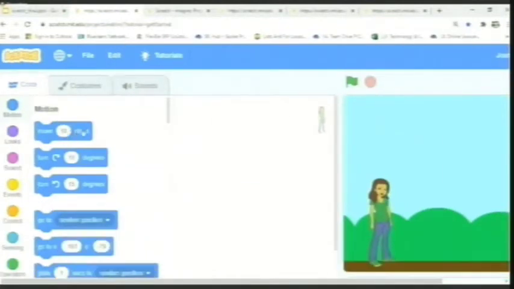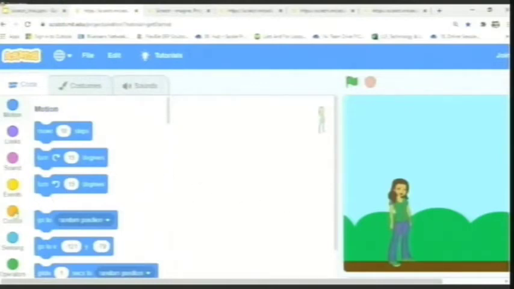In case you are lost and you don't know which block does what, all you have to do is just click on it and you can see the image on the right-hand side moving. Let me do that again. Please pay attention to the image. I'm clicking here, it moves 10 steps, it takes little steps towards the right-hand side, correct? So this is how we are going to do it. Now, if I don't know what this turn 15 degrees block is going to do, I'm just going to click on it, and she's going to turn 15 degrees. I don't want her in that position, so I'm going to turn back, that is clockwise and anti-clockwise.